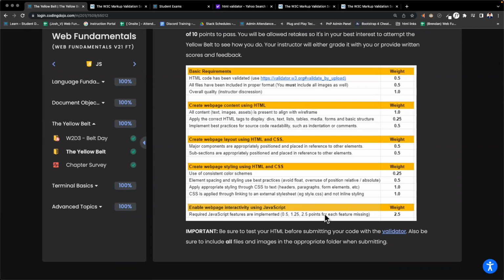So 2.5 points for each missing feature. So get all 3 features if you can. All right, so let's say you get all of these points and you don't get any JavaScript on your page, that's a 7.5 that you've earned. So you need to have at least one JavaScript feature in order to pass the test.